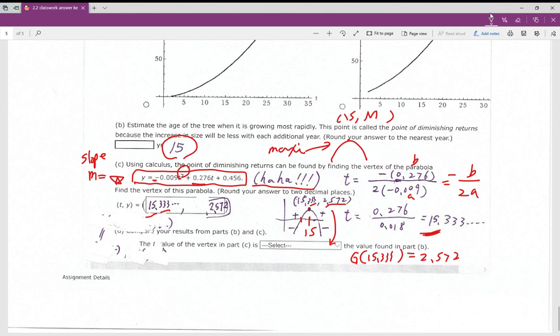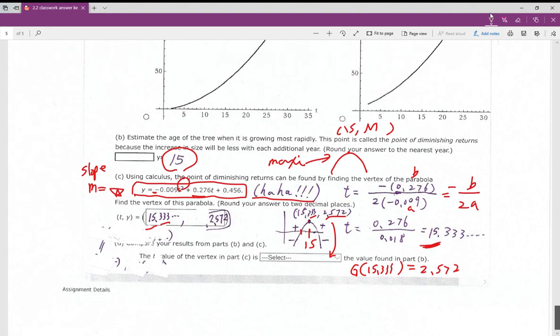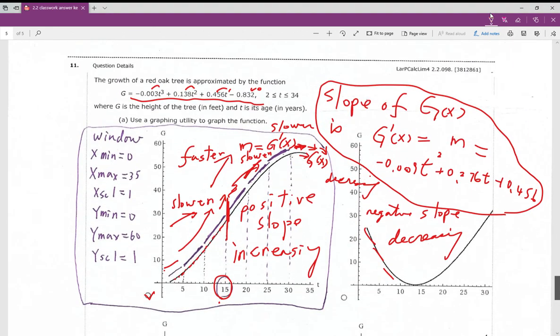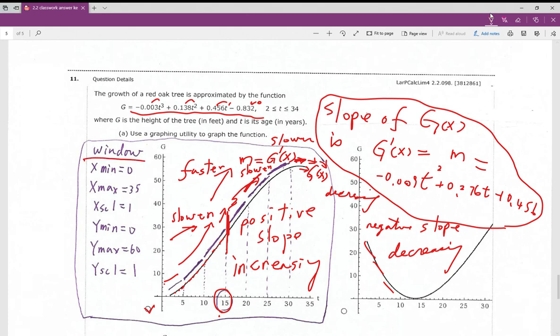Now, there's one thing I want to show you. When you try to use a graphing calculator, a very important thing is how to set up the window. If you set up the window wrong, then your graphing calculator may not graph for you. So that's my example, how I set up the window for this question. Okay, so you can try, and if